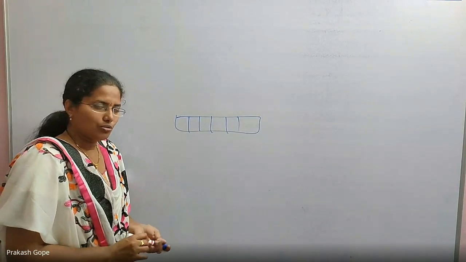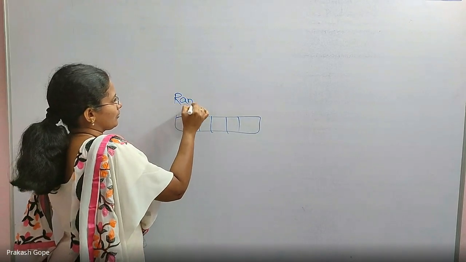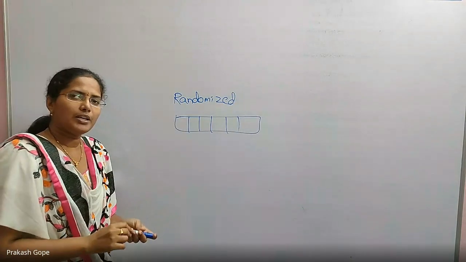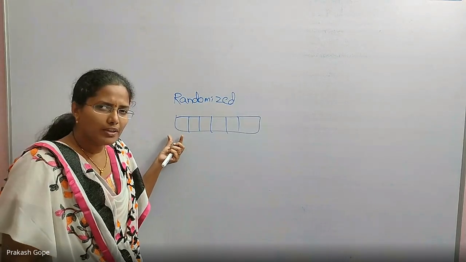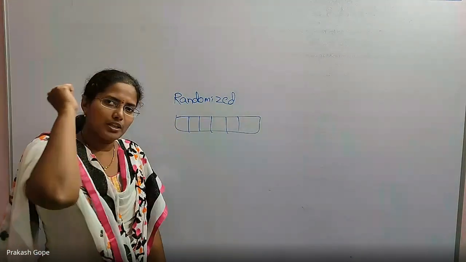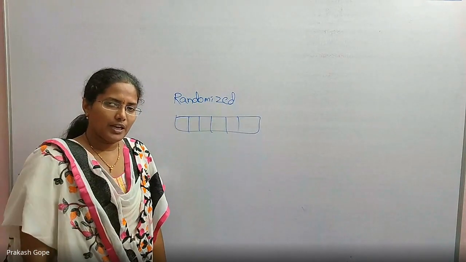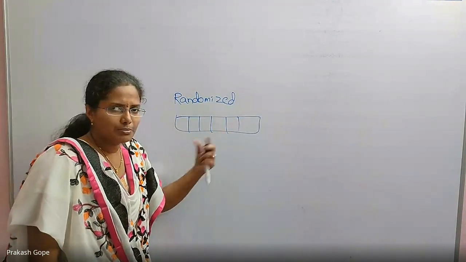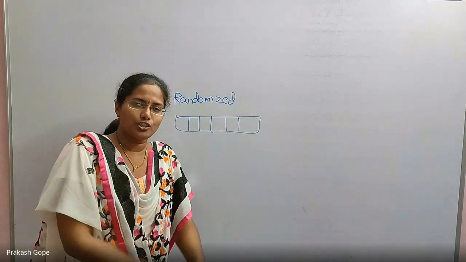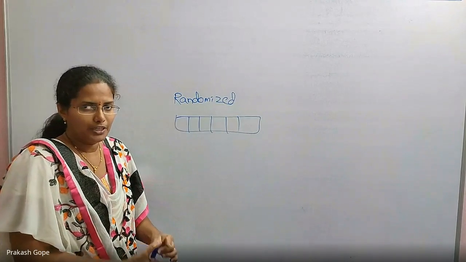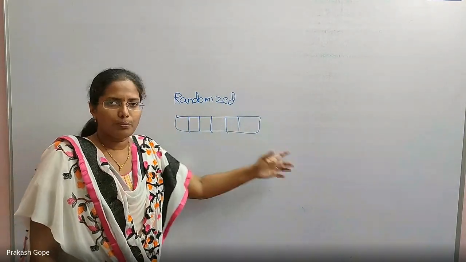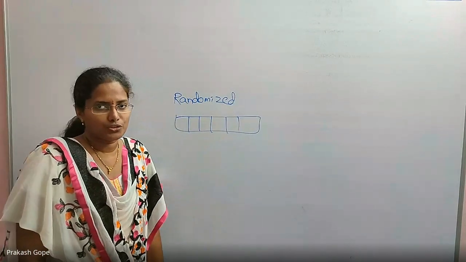But now, randomized quicksort. Randomly pick an element as a pivot. Why should I always take the first element as a pivot? I'll just close my eyes and pick one of the elements as a pivot. Randomly pick. Why only always the middle one? Why only always the last one? Why is a special logic needed to pick an element? Just randomly pick one element, take that as a pivot, and do the process. This is called randomized quicksort.